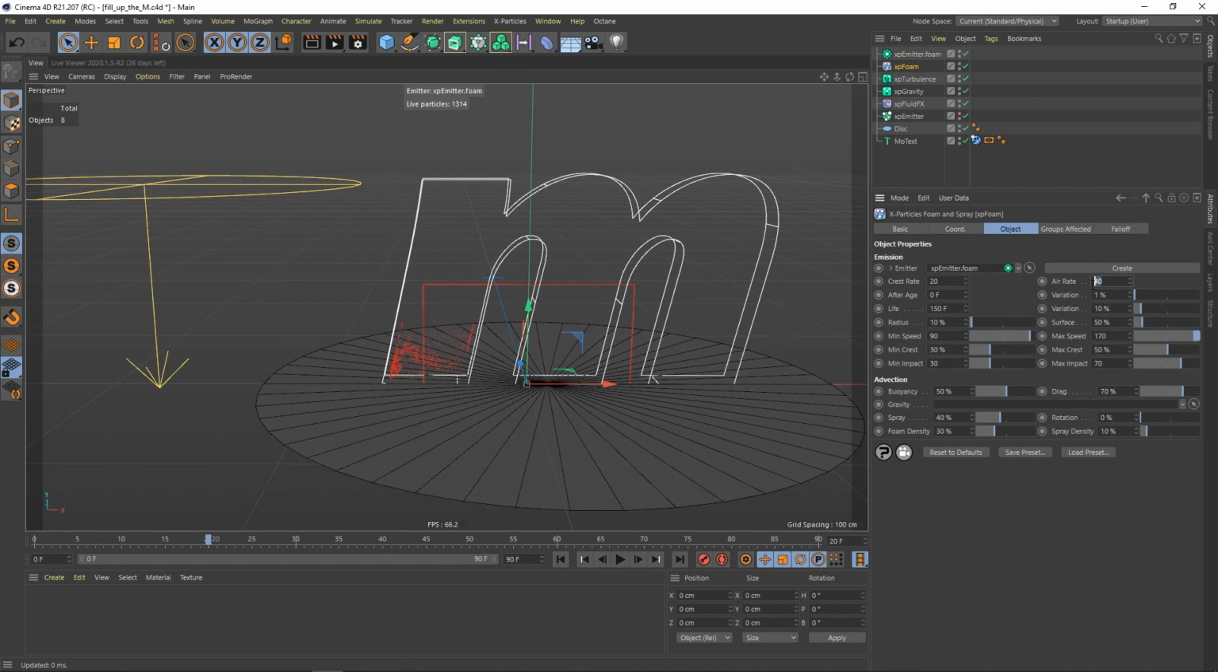It's easy. You can easily get rid of the air rate. Let me just quickly check it. Go back to 20, and you can see we still have the same amount of particles. Now we only need to focus on the crest rate. And for the crest rate, the most relevant parameters would be the min crest and the max crest. Now the max crest is